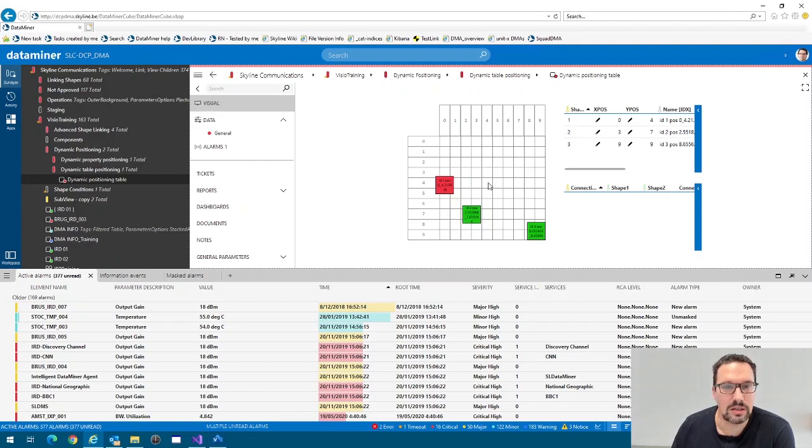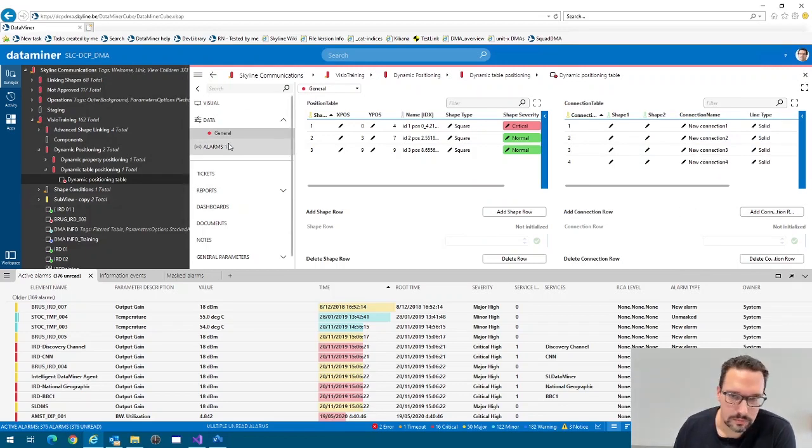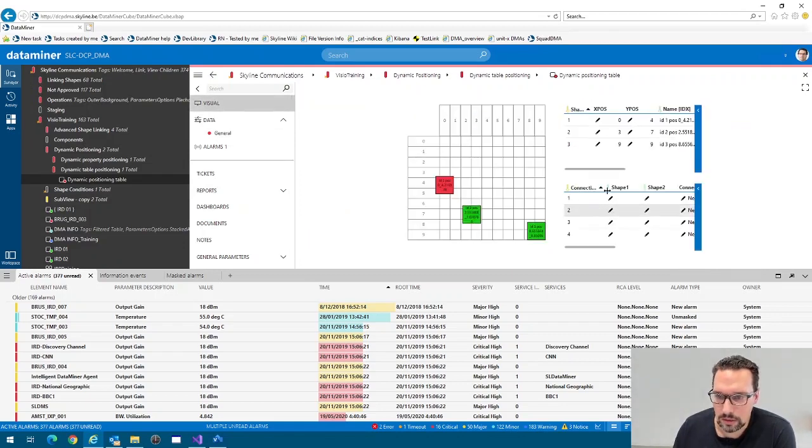All right, so we don't see any changes yet. Why? Because we don't have any connections defined yet in our table. So I'm just gonna switch to the table view, add a few connection shapes, or connection lines rather. And so now I'll go back to data, and so we have 3 shapes named 1, 2, and 3. So I'm gonna connect shape 1 with shape 2, save this, and as you can see, we immediately have a connection that also has alarm coloring,